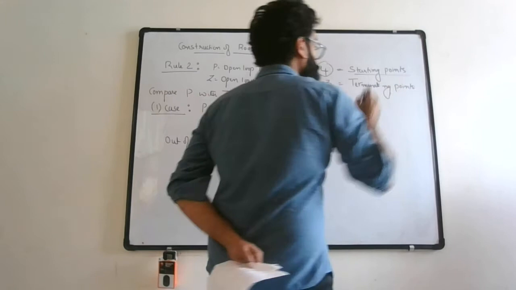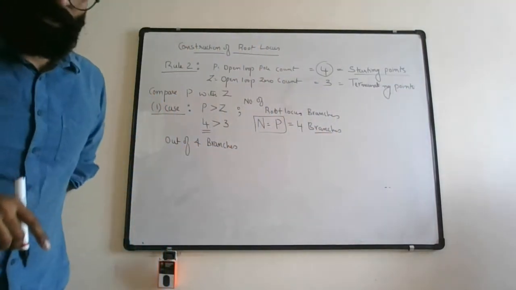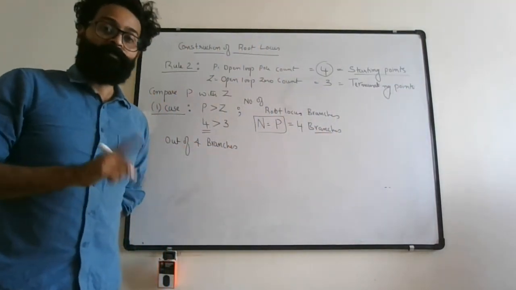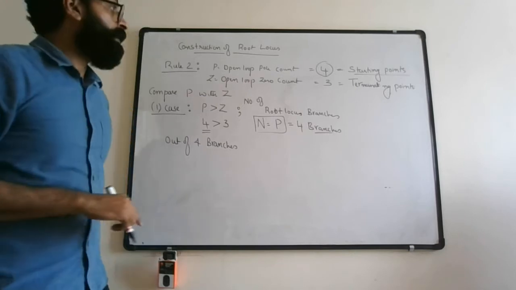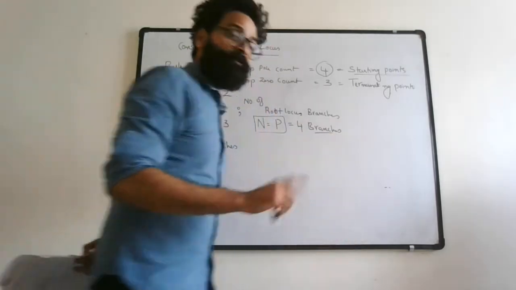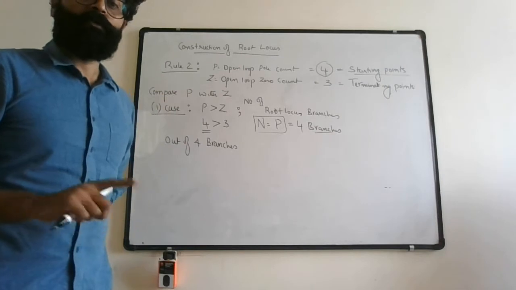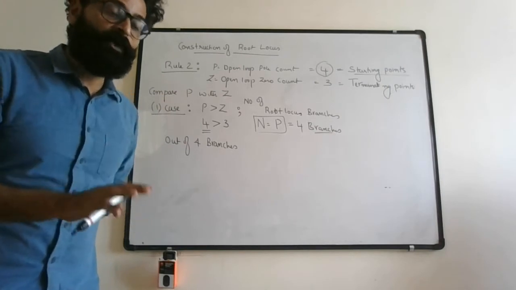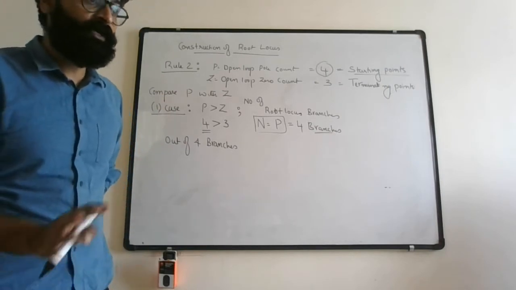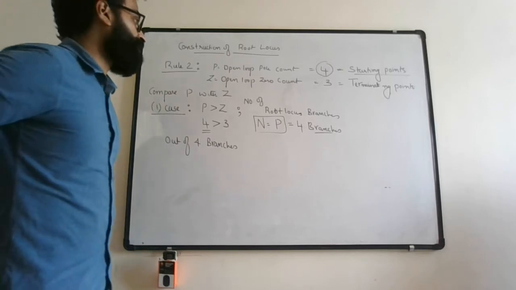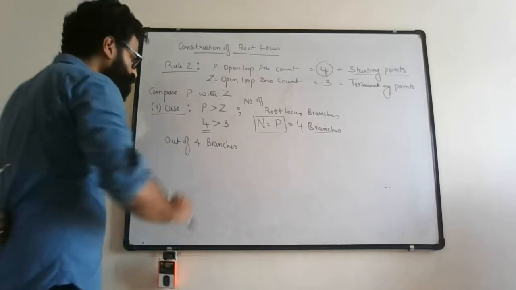Starting points are those points at which a root locus branch emerges, and terminating points are those points at which the root locus branch is going to terminate, or end its journey. Out of 4 branches,